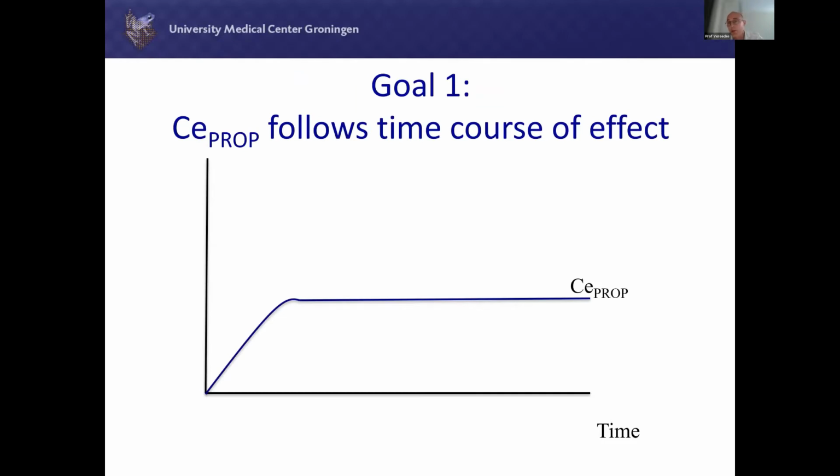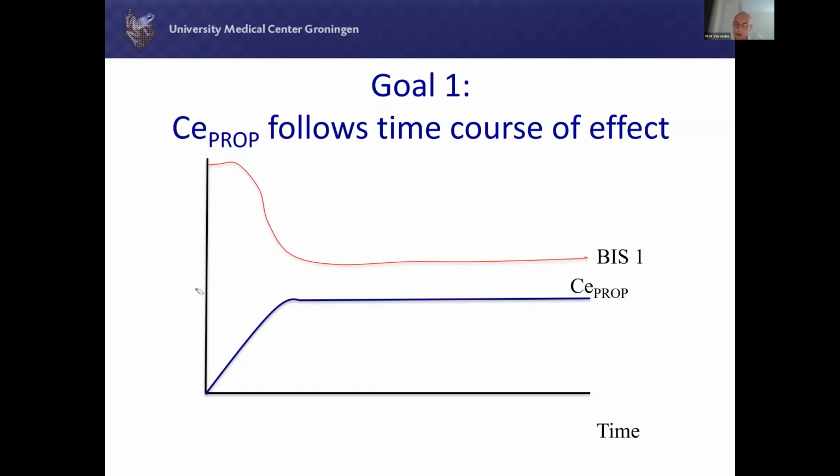So this is just a visual impression of what I explained before. Why do I think in terms of effect site concentration, for example, in this example for propofol? Because the time course of an estimated effect site concentration really mimics the time course of the clinical effect. For example, if I target an effect site concentration of propofol of 4 micrograms per milliliter, in the first patient the BIS could be around 55, with a time course that kind of looks like the